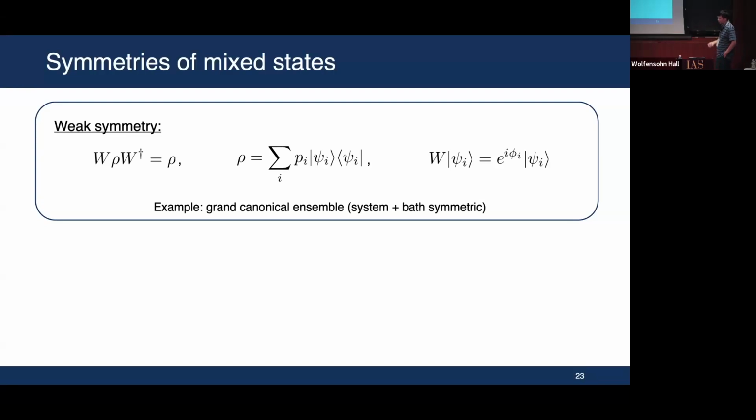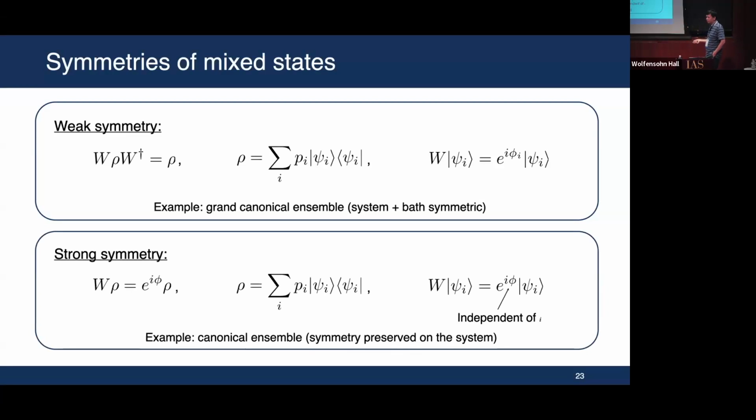Okay. Now, what's an example of weak symmetry? Well, we have one, again, from stat mech. That's the grand canonical ensemble, where the particle number conservation is a weak symmetry because we allow fluctuation of particle numbers in the system. But if you consider both system and environment, particle number is conserved. So we can represent the density matrix, the thermal grand canonical ensemble, as a convex sum of states with well-defined particle numbers. And more generally, weak symmetry is when you have system plus bath preserving the symmetry, but if you look at the system alone, its symmetry is not preserved.